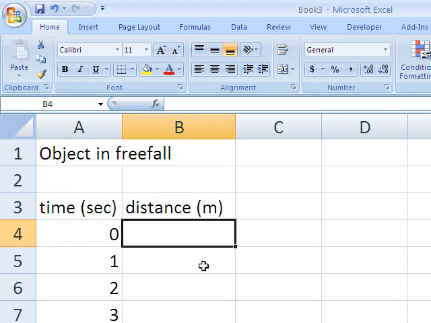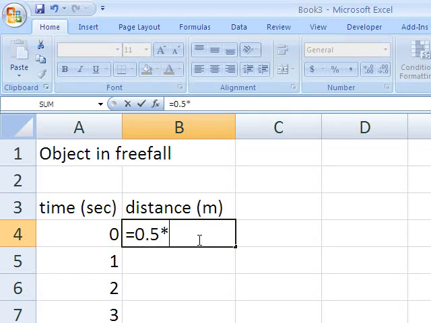And the equation that allows you to calculate how far a dropped object will fall in a time t is 1/2 g t squared, where g, at least on the Earth, is 9.8 meters per second squared. So we're going to put in a little formula here. We always start formulas with an equal sign. That means that it's going to calculate something as opposed to being just some letters or numbers that you enter as data into a cell. So 1/2 is 0.5 times, and on the Earth, g is 9.8